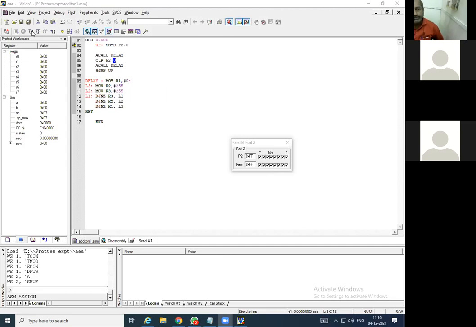Here, there is no need of making a step-by-step run of the program. So you can directly run the program in one instant. Here is the icon of this run. If you click here, you can observe port 2 over here, and check it. Only one bit is becoming on, off. And the duration or the delay between this on and off is the 500 millisecond we have put.